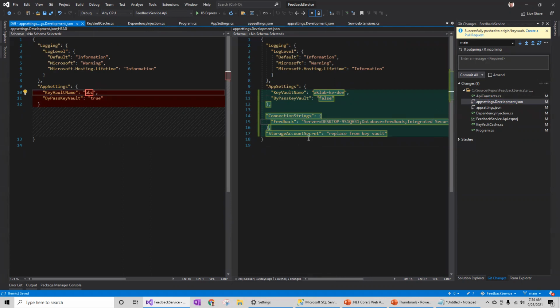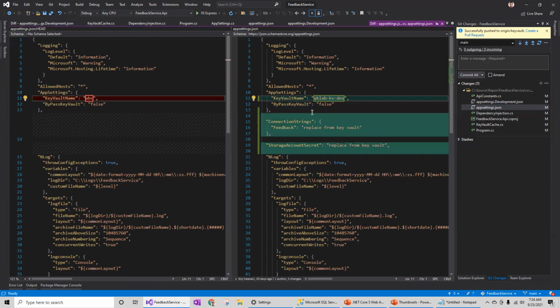This is not going to be in use for development; when I use the bypass, this is going to be in use. And the same thing for the storage account key. This is for the actual server. This JSON file will be used on the actual server.